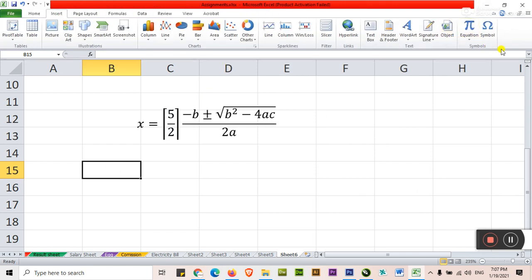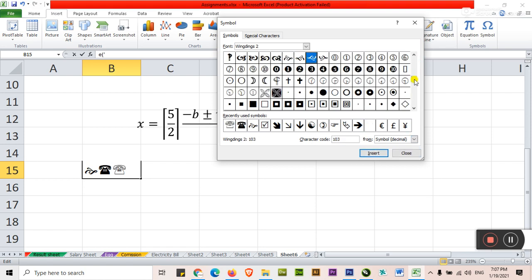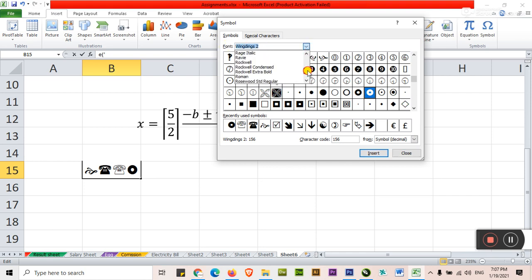Insert symbols. It's a symbol, normal symbols. Just select the symbol and press insert, it will show in this area. These are the icons or the shapes which are not available on the keyboard. Just click here, insert. In this area, all the shapes which you have recently used will show. This one, this one. It's the fonts libraries. You select the libraries. I suggest you.